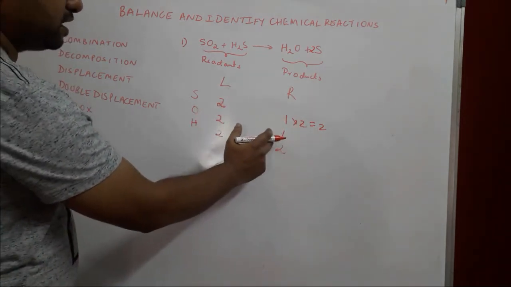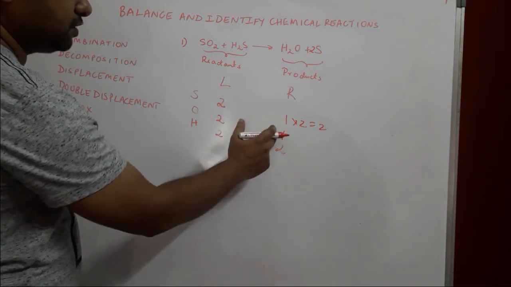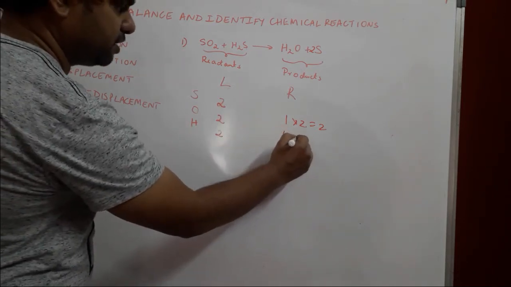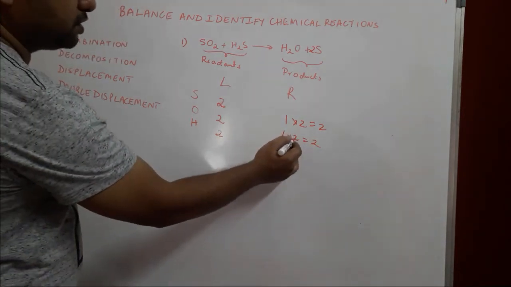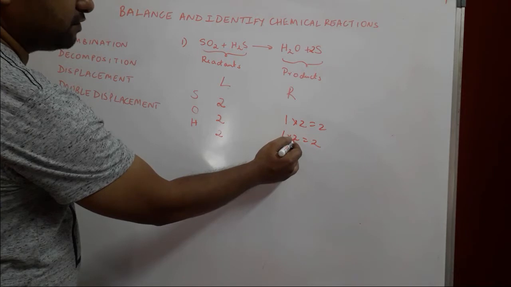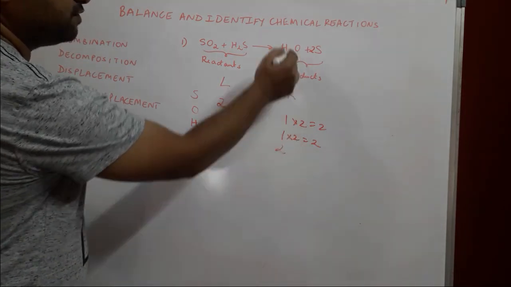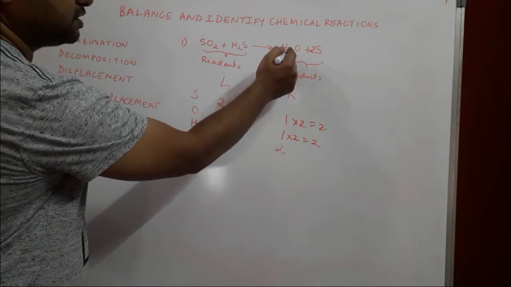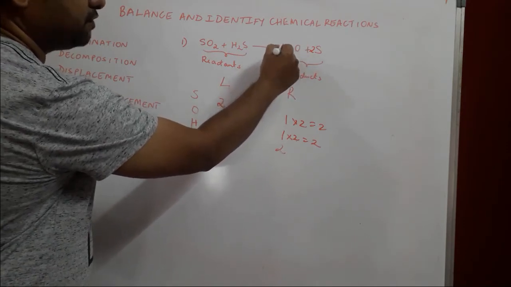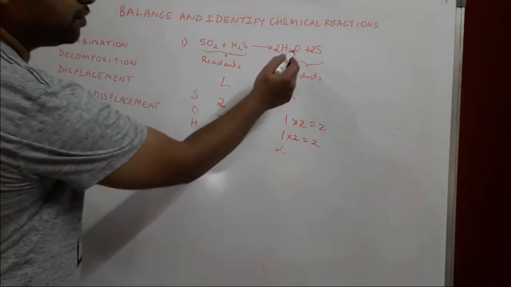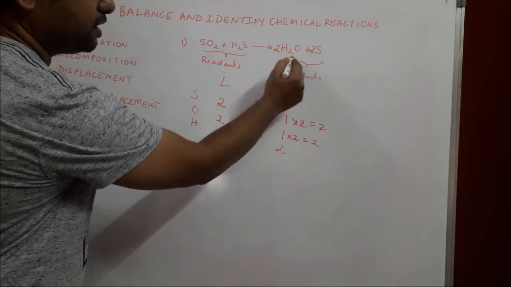Then we need to balance oxygen. There's 2 on the reactant side, we need 2 on the product side. So again we multiply it by 2 and we get 2 atoms of oxygen. Now to put 2 atoms of oxygen, since we have done it in our rough work column, to match this we need to match it over here in the reaction itself. So to get 2 atoms of oxygen, we'll have to put 2 in front of H2O. We can't put it in front of oxygen because this is an entire molecule by itself.